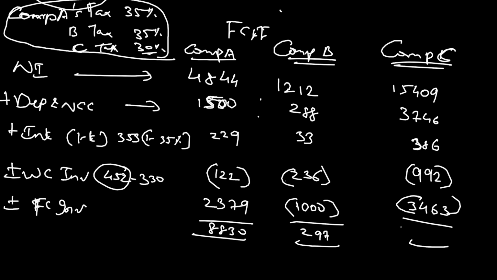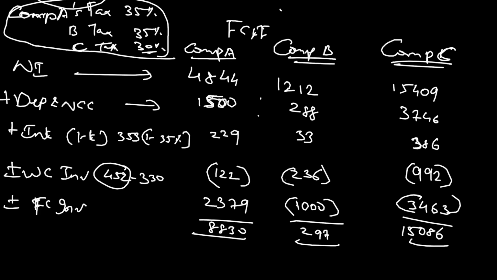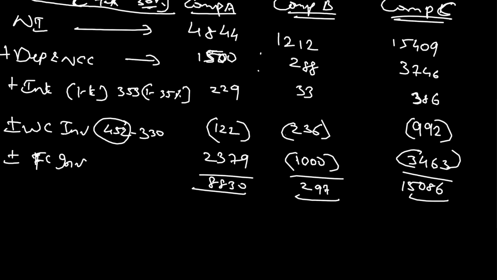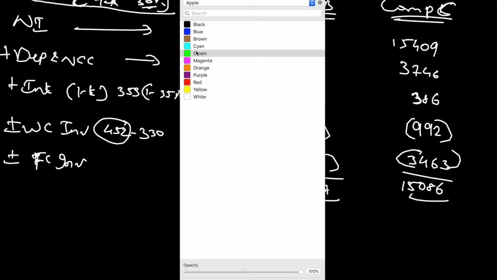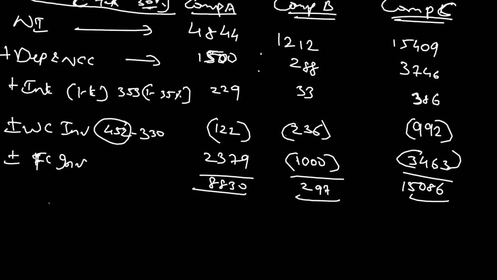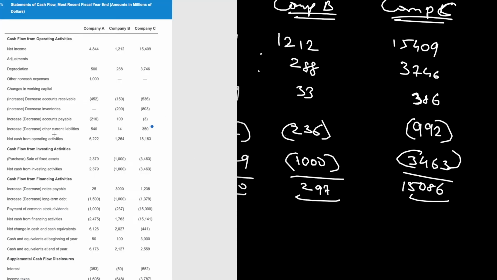So when I calculate, it will come to 15086. Okay, now if I have to cross check with cash flow, the formula is cash flow from operations plus interest into 1 minus tax, and then plus or minus fixed capital investments. Okay, so cash flow from operations for company A was